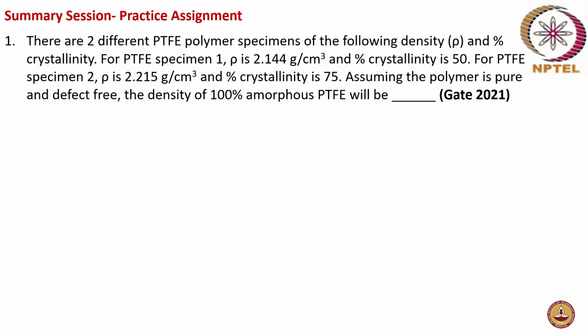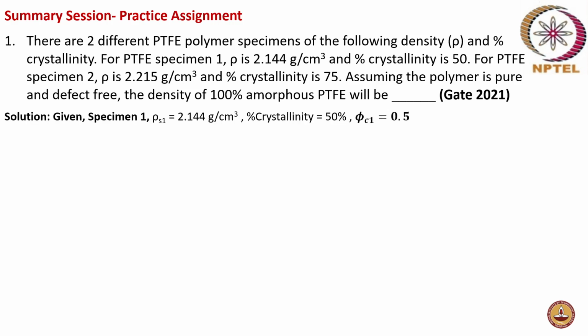So this total density will be related to the amorphous phase density and crystalline phase density. And they have given the fraction of crystalline phase also. But we can't just add the densities of the amorphous and crystalline, right? Yes, that is why you have the fraction given. So how to proceed is that,